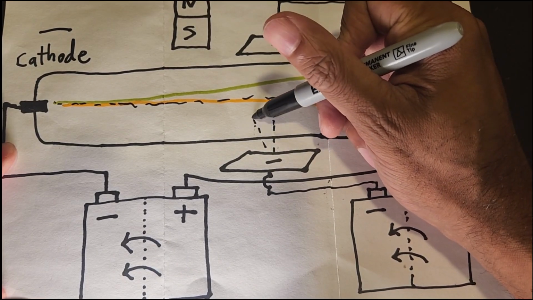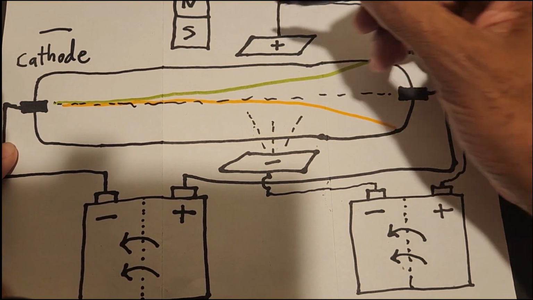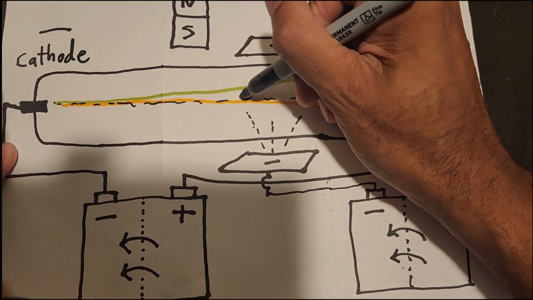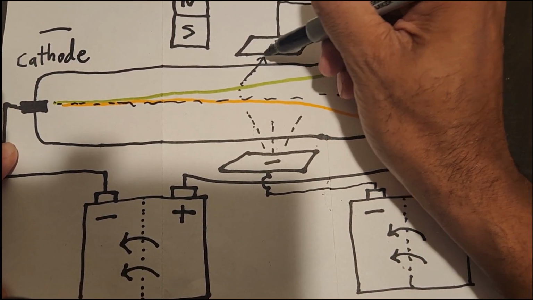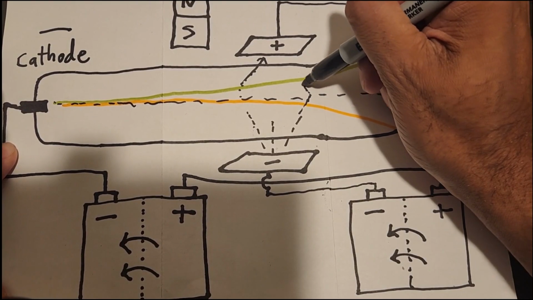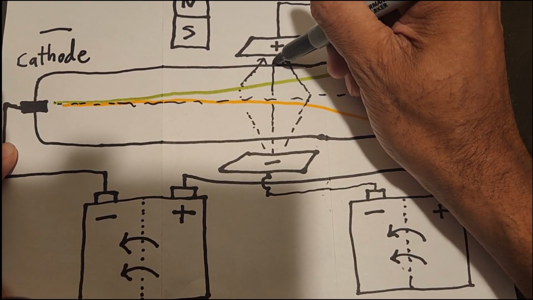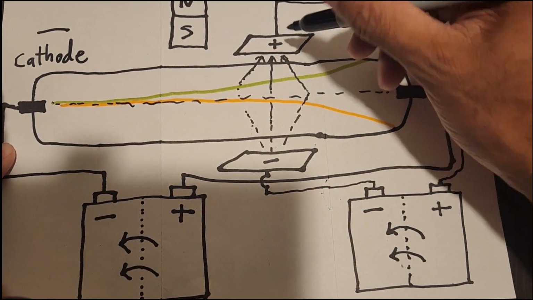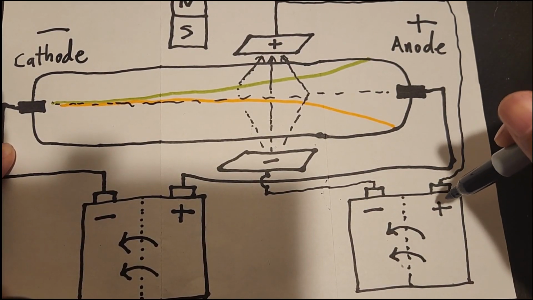Now, it will radiate outwardly in all directions, but going towards this plate over here, once it reaches a certain point, it will gravitate, as I showed you before, and it will charge up this plate,